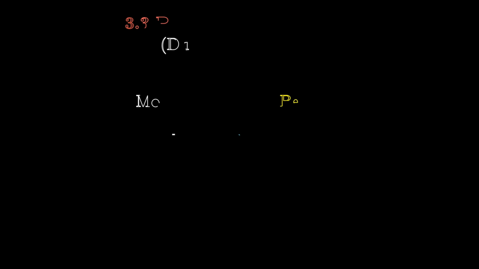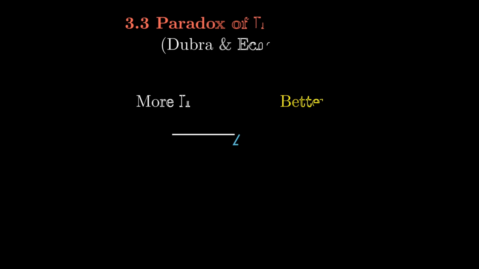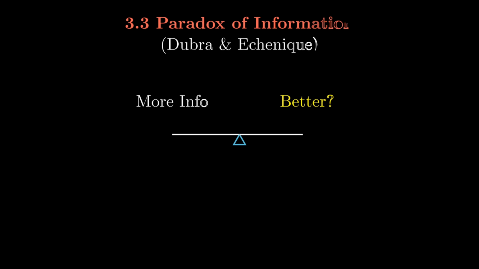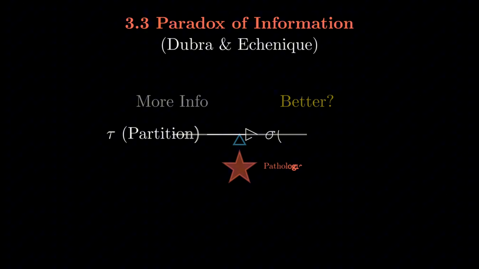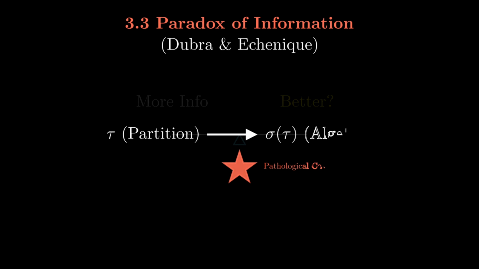3.3 The paradox of information. Dubra and Echenique: while intuition suggests that more information, a finer partition of omega, is always better, rigorous analysis of sigma algebras in decision theory reveals complexities. A signal partition generates a sigma algebra. However, finer partitions do not always generate finer sigma algebras in pathological cases, leading to situations where a decision maker might theoretically prefer less information if the sigma algebra generated by the finer partition fails to include specific critical events